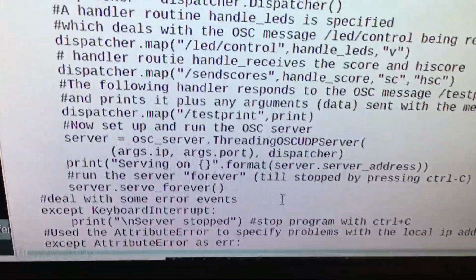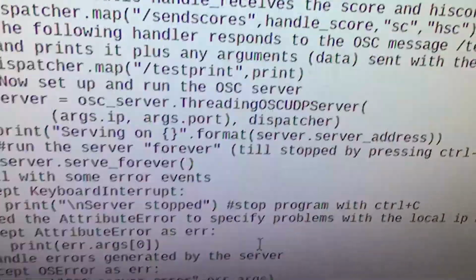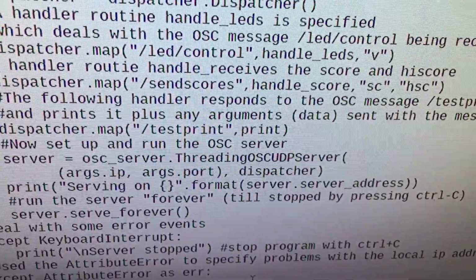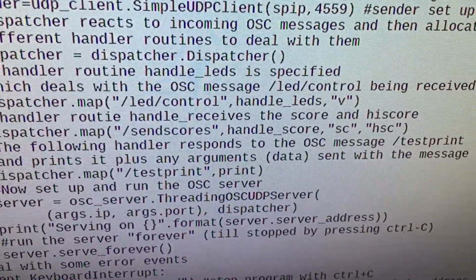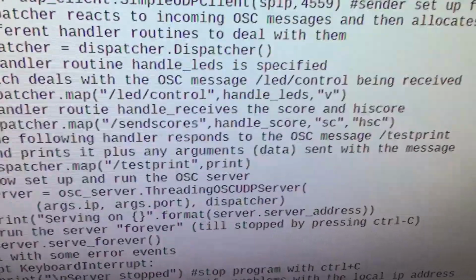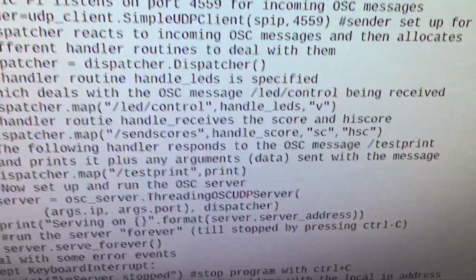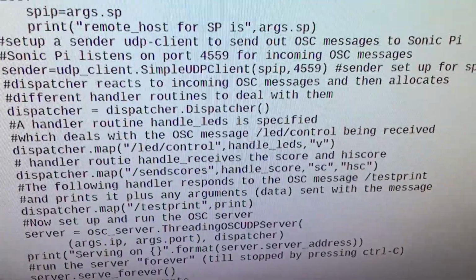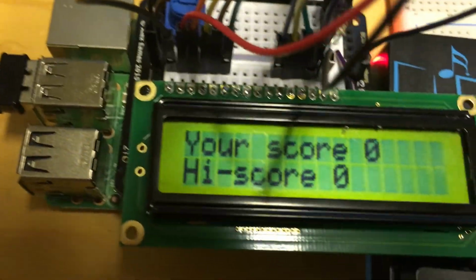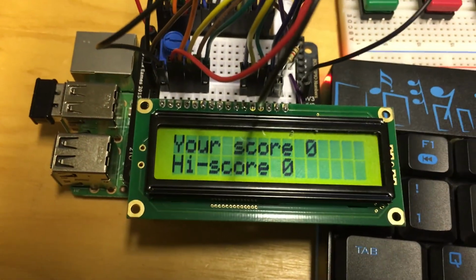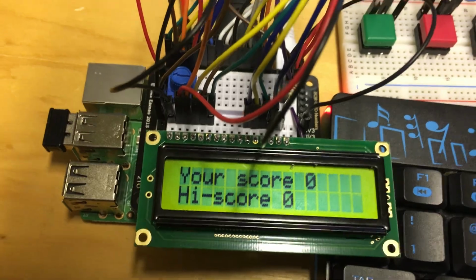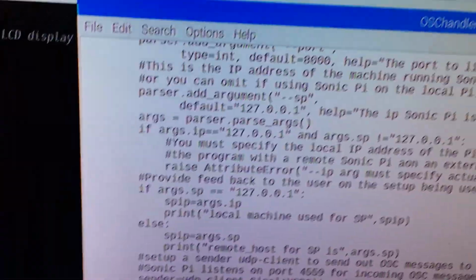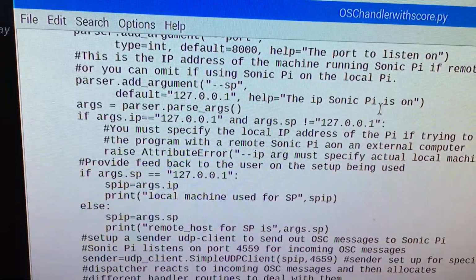And then similarly, there is one other message which is going to be sent, and that is going to be addressed to the OSC message /send scores, and it's going to send 2 pieces of information: SC, which is your score, and HSC, which is the high score, and these will be used to control the display here. You can see that it's been initialized from the beginning of another run to say your score is 0 and the high score is 0, and that is done simply by sending a little string to the